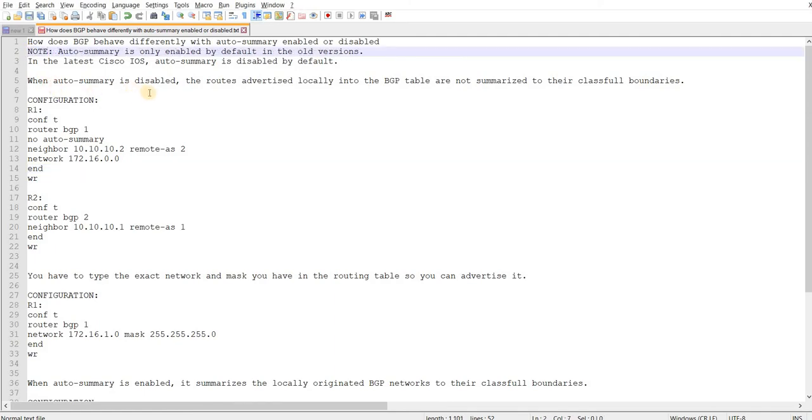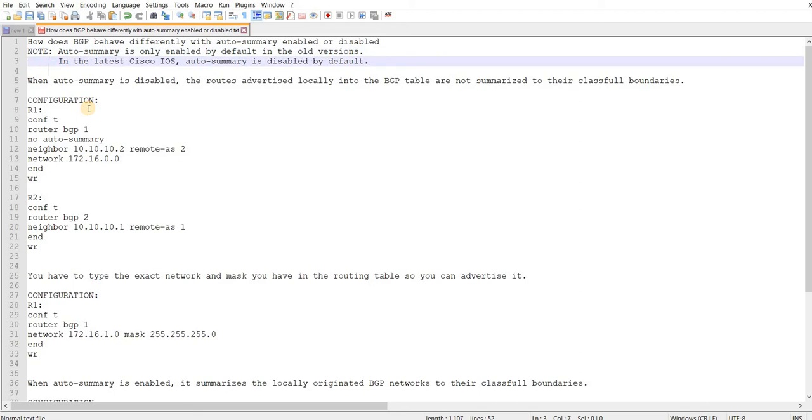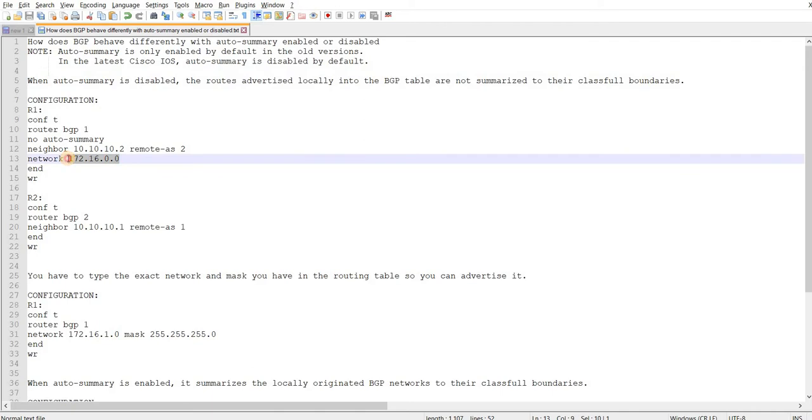Auto summary is only enabled by default in the old versions. In the latest Cisco IOS versions, auto summary is disabled by default. So when auto summary is disabled, the routes advertised locally into the BGP table are not summarized to their classful boundaries. Meaning that, let's say this subnet here,